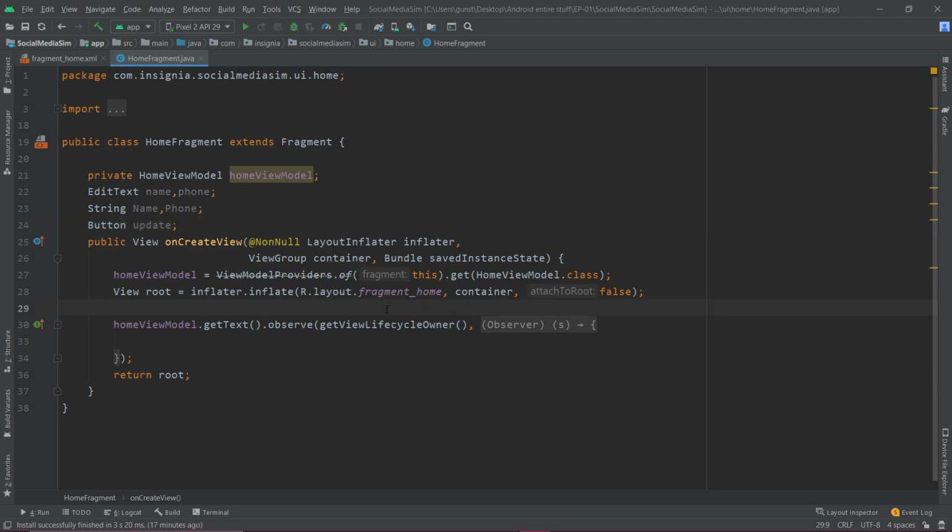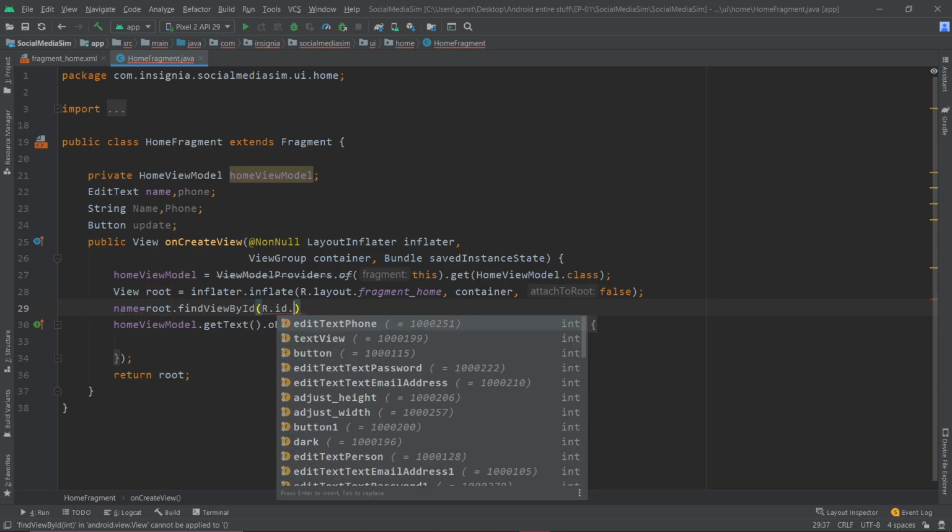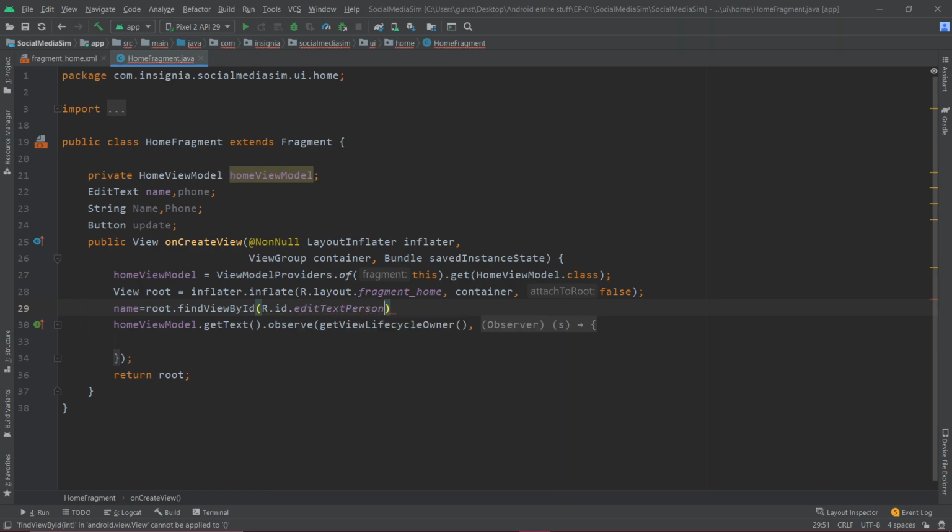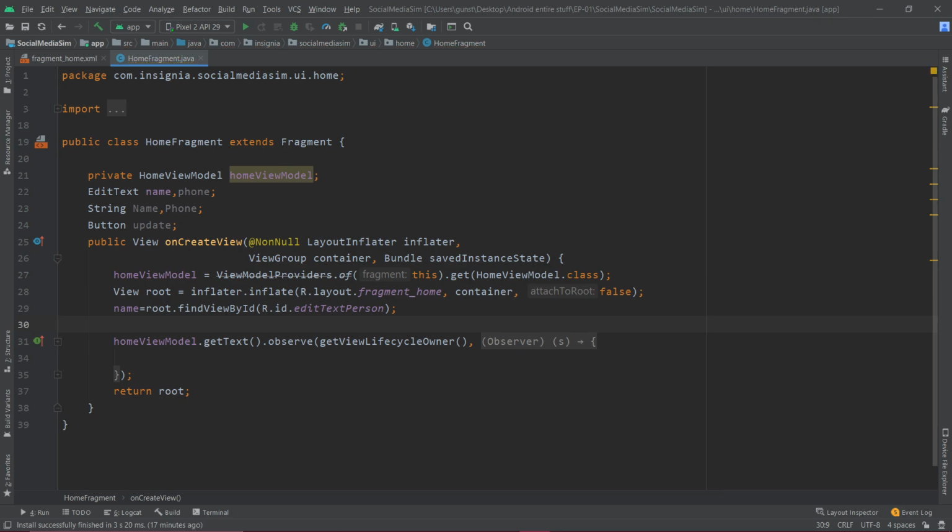Now we are onto the main part where we are going to instantiate all our objects. So name equal to root. Root is the object which is setting my current view object, so I'm going to have to use the root object. So root.findViewById(R.id.editTextPerson), so edit text person. That is what we used, so I'm going to put it there.